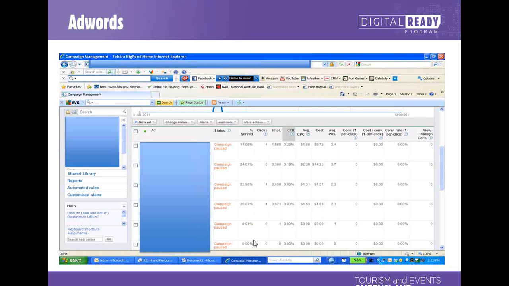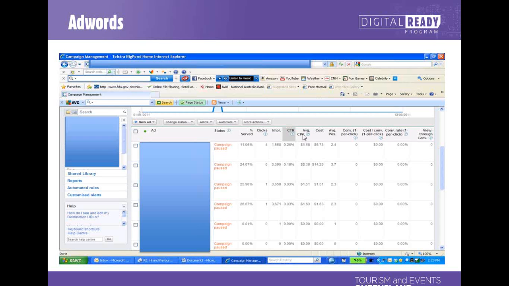So this is the percentage of times the ad was actually served. This is an ad, this is an ad, this is an ad, this is an ad. I've just blocked them because it's confidential. But these are the ads that were served. Of each ad that was served, this is how many clicks each one got. So you can see that in terms of clicks, this second ad here was the most successful for the time period it was up. This is my click-through rate, which was related to that. So yep, this one's got the highest click-through rate compared to how many times it was served. So if you're looking at CTR, this one was more successful than this because it wasn't served more times, but got less clicks. Sorry, got more clicks, but percentage-wise it's less. Tie myself up in knots here.